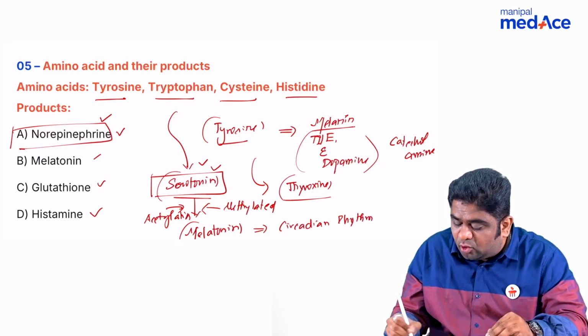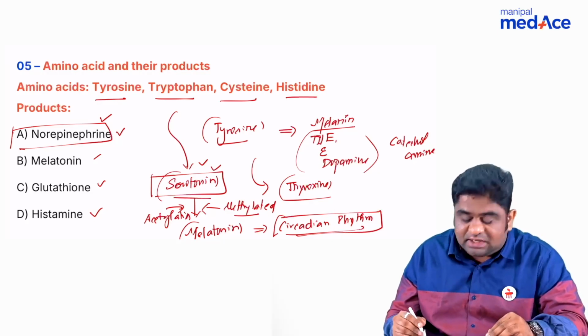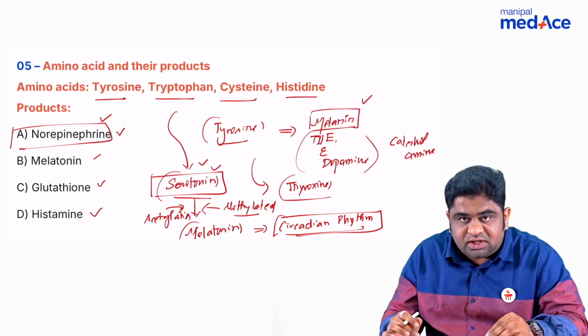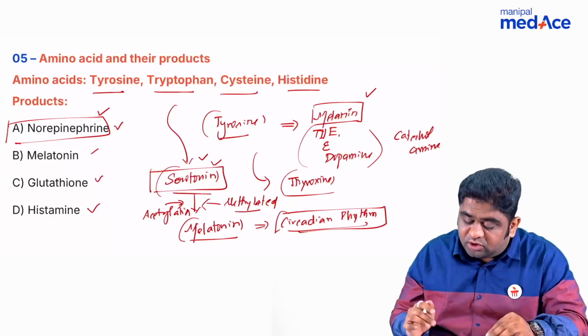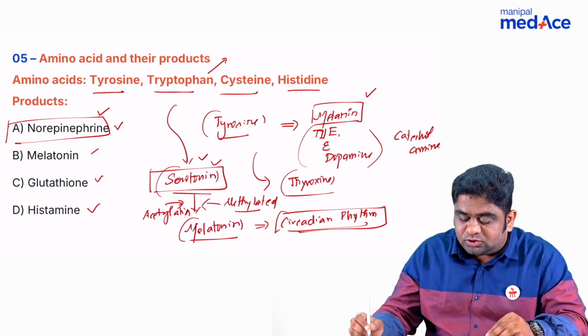Remember, melatonin is capable of maintaining circadian rhythm, and the source of melatonin is the pineal gland in your brain, while melanin is important for giving pigmentation to your skin and iris and different parts of your body including hair. Now, what about the other compounds coming out of tryptophan? Tryptophan is also the source of